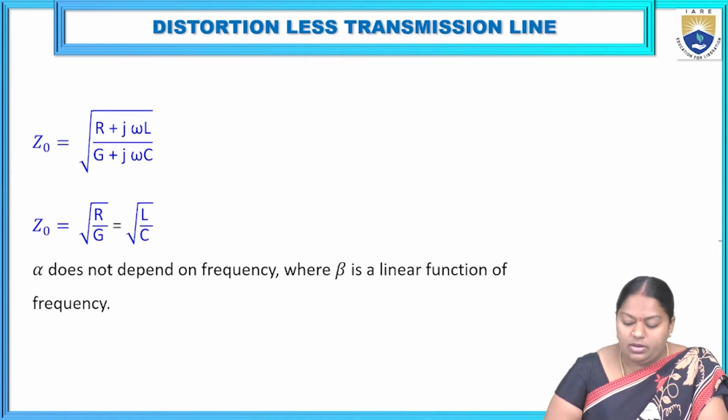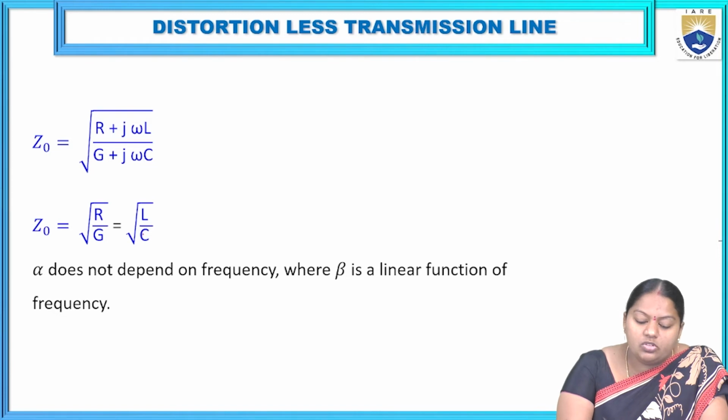Z0 is equal to √((R + jωL)/(G + jωC)). For the distortionless condition, we know that L/C = R/G. So, if we substitute in this characteristic equation,